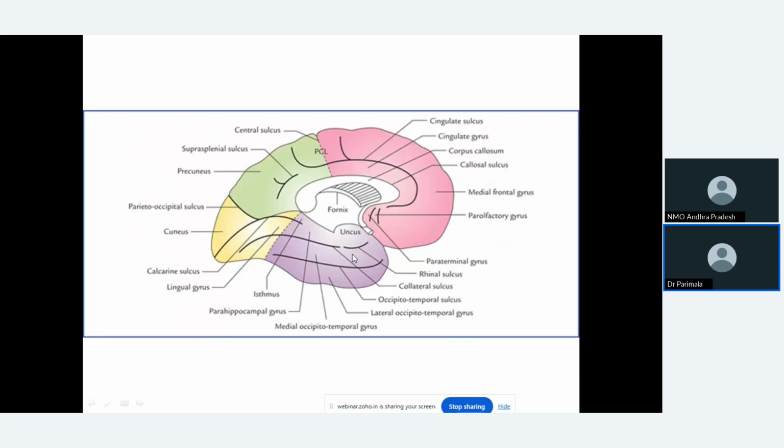So just to show you, I have projected here, but this is not very important for you. Here you have only one thing that you need to remember: paracentral lobule. What is paracentral lobule? Just like the calcarine sulcus and the parieto-occipital sulcus have extended to the supralateral surface, as I have mentioned.